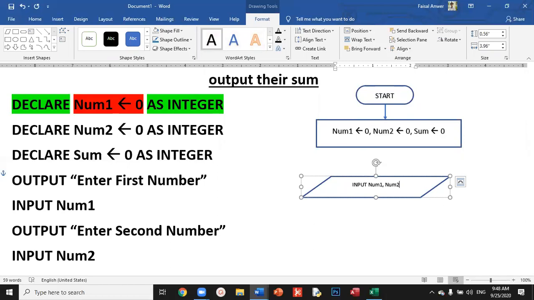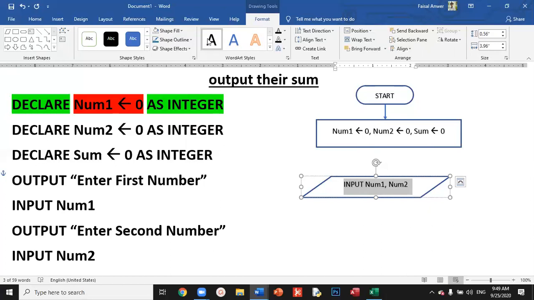So however many variables are going to be input together, the whole set can be placed in a single box in a flowchart. Whether there are only two variables, or 3, 4, 5, 6, 10, 20, 30, or 100 variables,